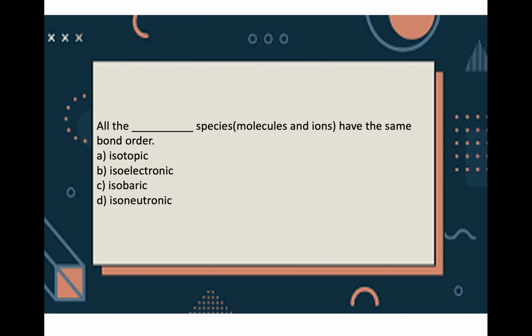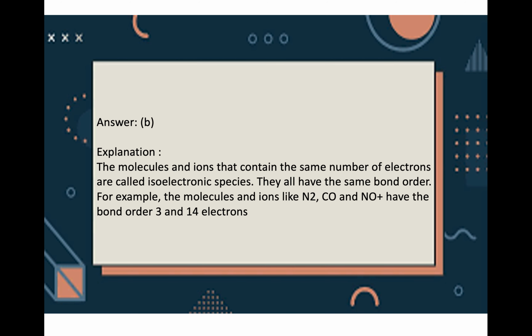Next question, all the dash species have the same bond order. Is it isotopic, isoelectronic, isobaric or iso-neutronic? So correct answer is B, isoelectronic. So the molecules and ions that contain the same number of electrons are known as isoelectronic species, which have the same bond order. Example, the molecules and ions like N2, CO and NO+, they have the bond order 3 and 14